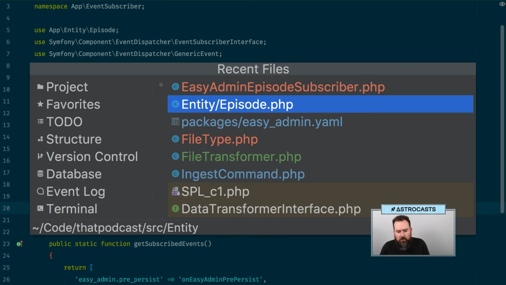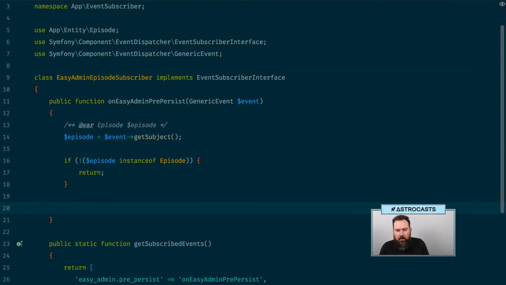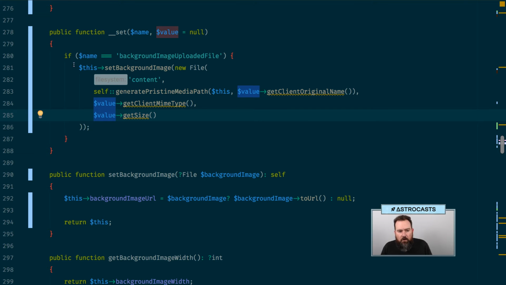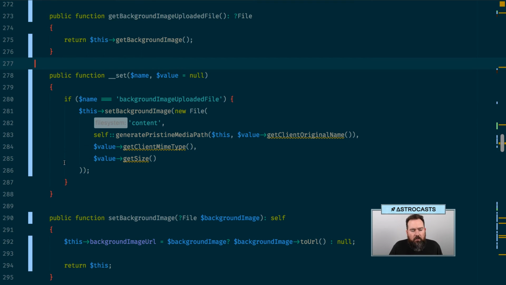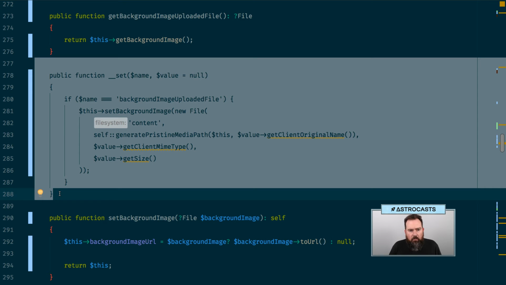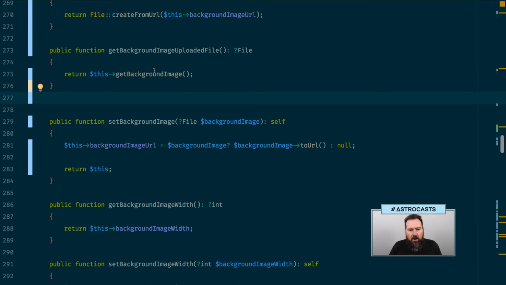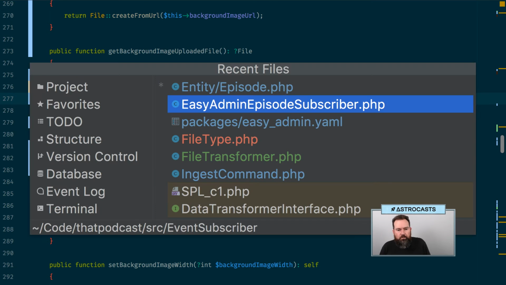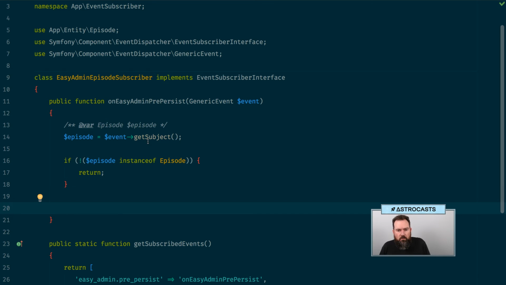What we can do now, so we can probably make the background image uploaded file an actual thing. So we need to be able to get the uploaded instance. So actually,